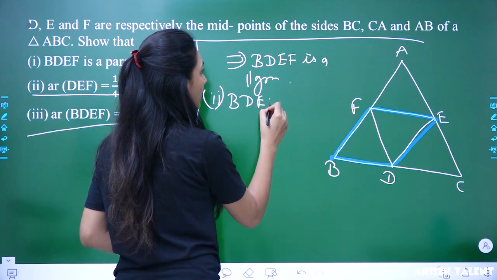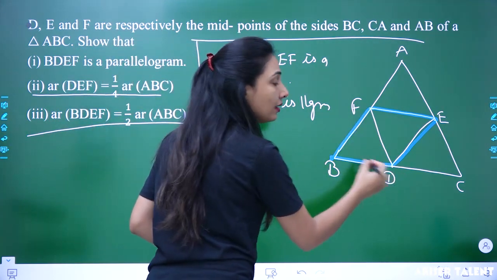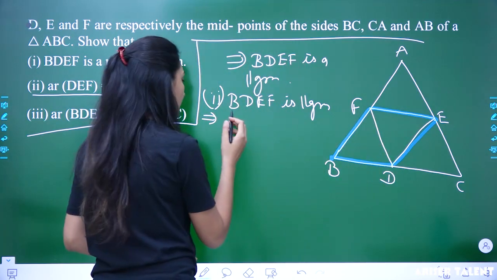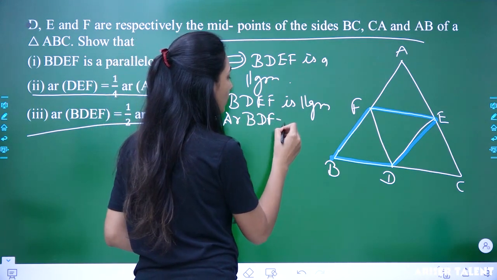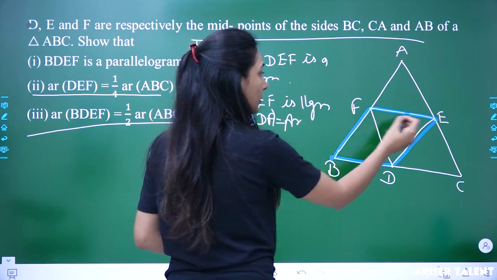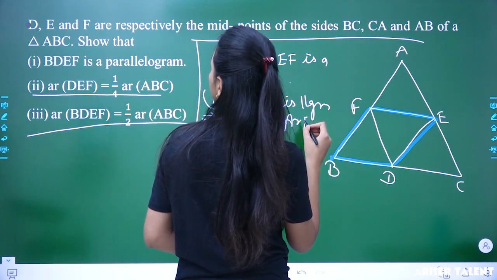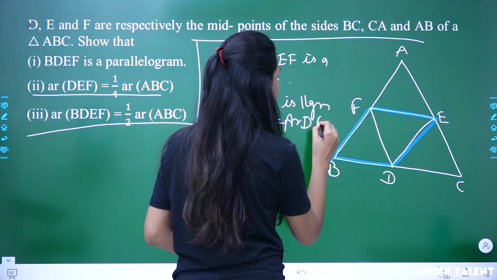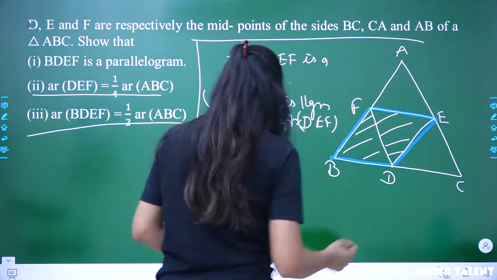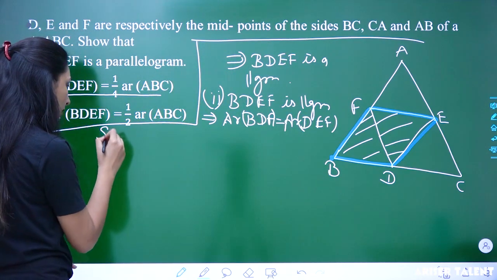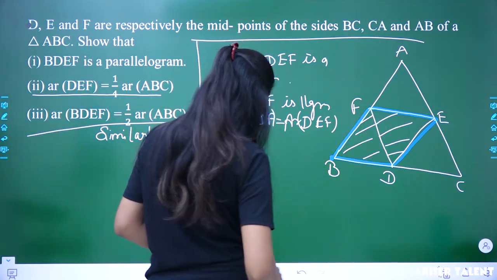BDEF is a parallelogram and this implies that this area is equal to this area. Okay? Area BDF is equal to area FED. Area DEF, okay, call it DEF. These two areas are equal. Now, similarly, we can prove that this area